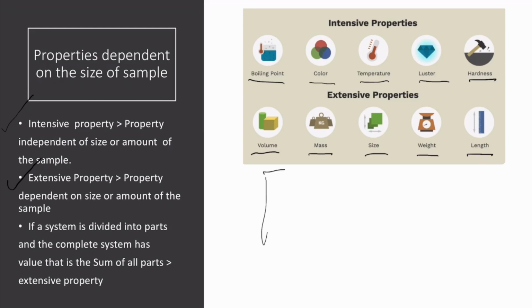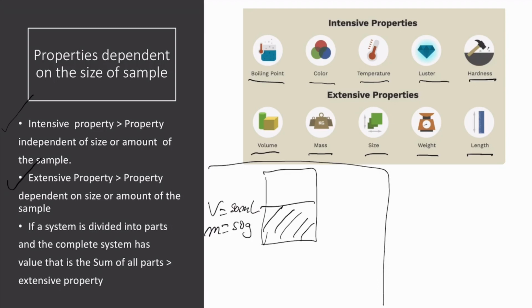For example, we have a cup of water whose volume is 50 milliliters. The mass of this water is 50 grams. And let's say that this water is in a room whose temperature is 25 degrees Celsius. Therefore, the water is also at 25 degrees Celsius. We can define the density as the mass divided by the volume. For this case, it is 1 gram per milliliter. And this water will boil or turn into gas at 100 degrees Celsius.